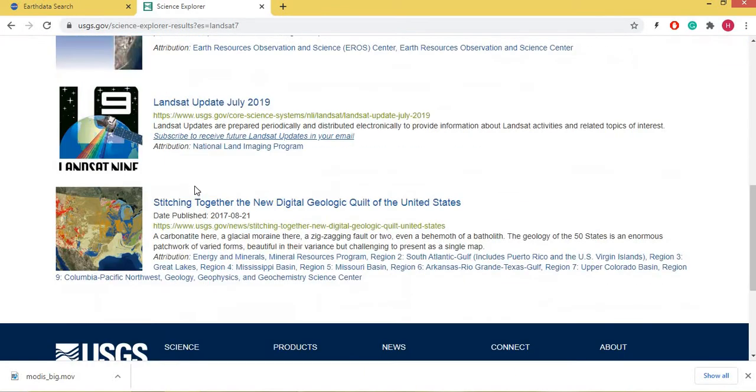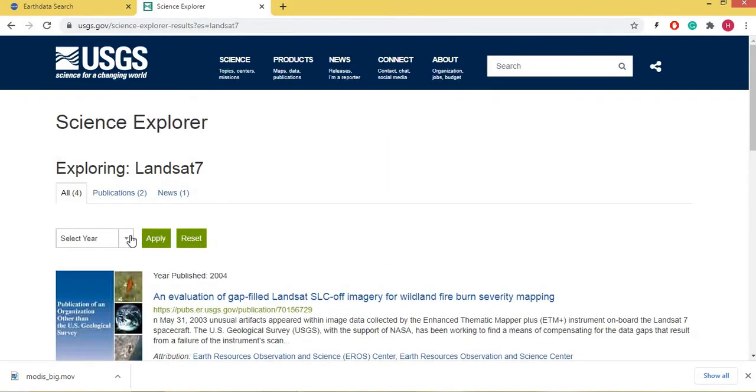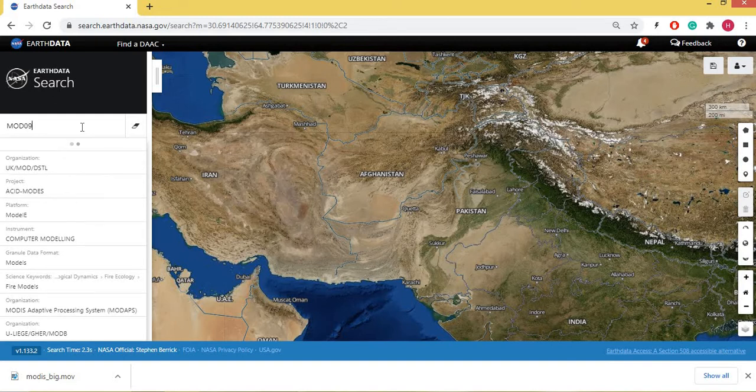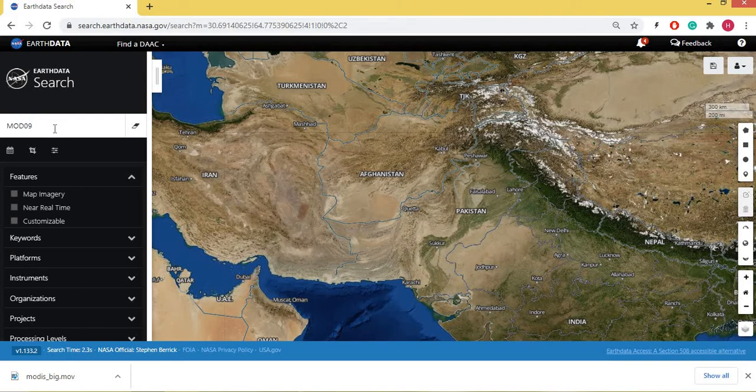And here we have Landsat data, where we have selected our data sets. So this is the main website. I am going to discuss it in the end. Here you write any product, like we discussed, the MOD09A1 MODIS product. Either you should have the name of the product, or you should have the information of what you need. Like, first of all, I am using MOD09 products, MODIS 09 products. So I am going for this one.